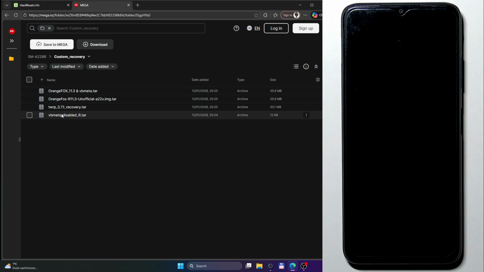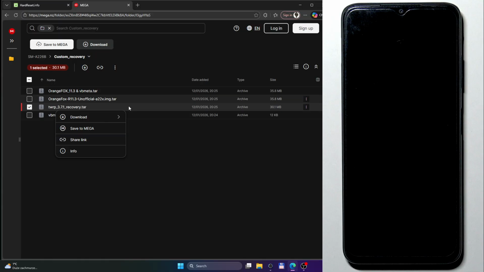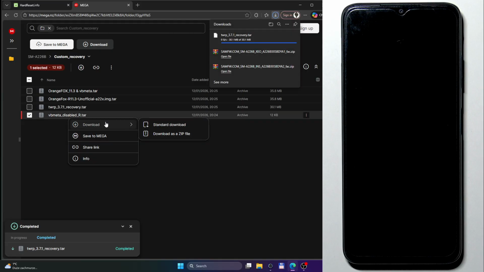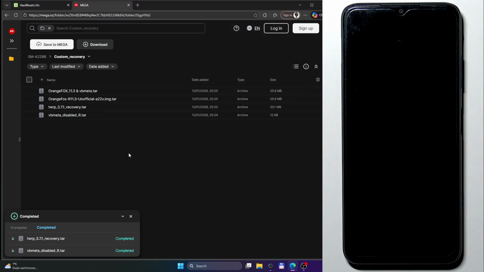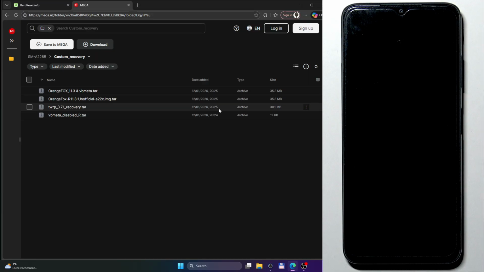And in this video we are going to install this version, this recovery, and we also need to download the vbmeta file. So right click on it, click on download, and same thing with the vbmeta, download and standard download. Okay. Now let's install